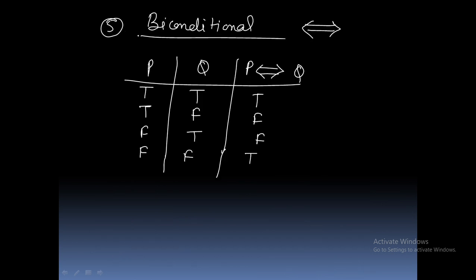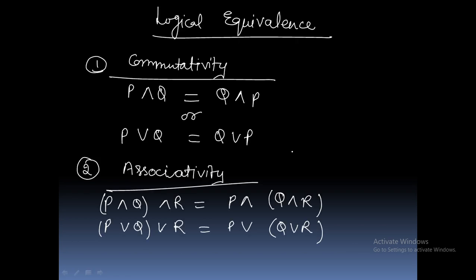Now next, biconditional. In case of biconditional, we take only both conditions true and both conditions false, then the result will be true, otherwise the result will be false. Now next is logical equivalence. In logical equivalence, the first